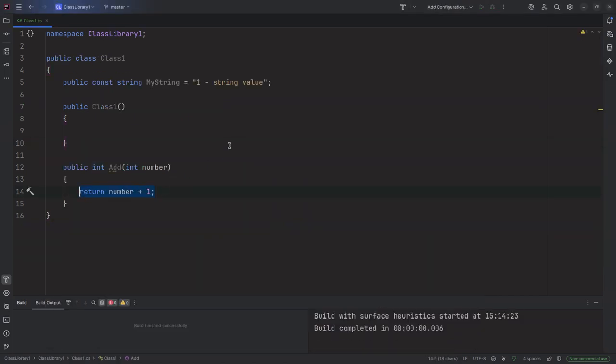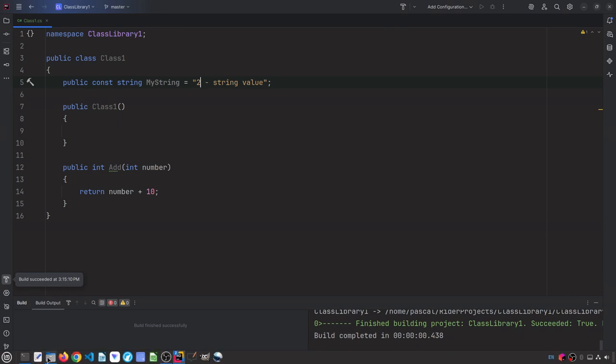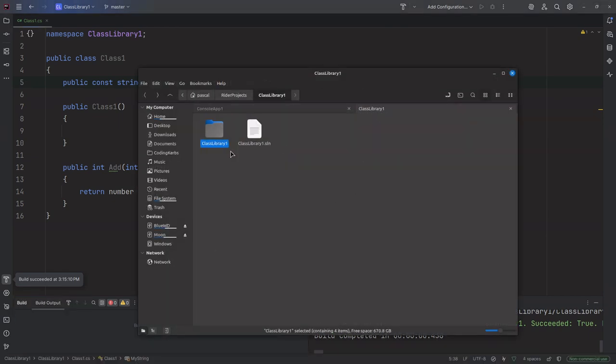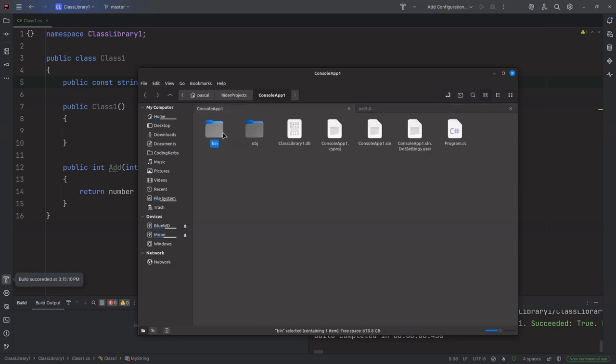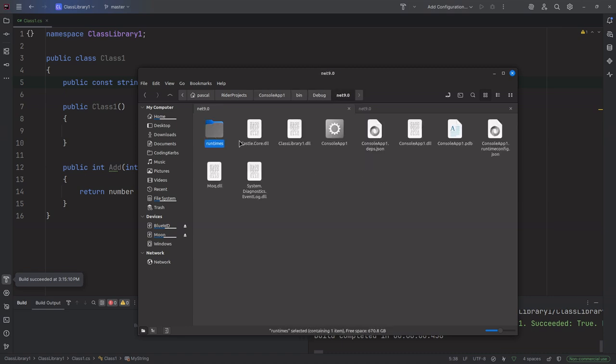All right, so let's change things up a little bit to see some differences on how this actually works. If I were to change this to a 2 and then add 10 instead of 1, I'm going to compile this code. And then in the class library, I'm going to grab the DLL, and then I'm going to place it into the console app. But instead of placing it into the solution where you would compile the code, I'm going to place it right into the bin folder,